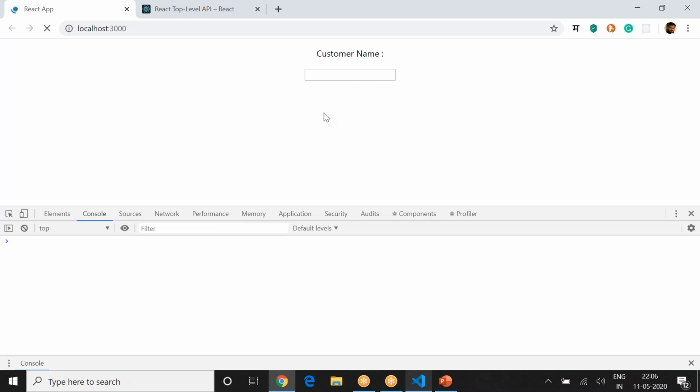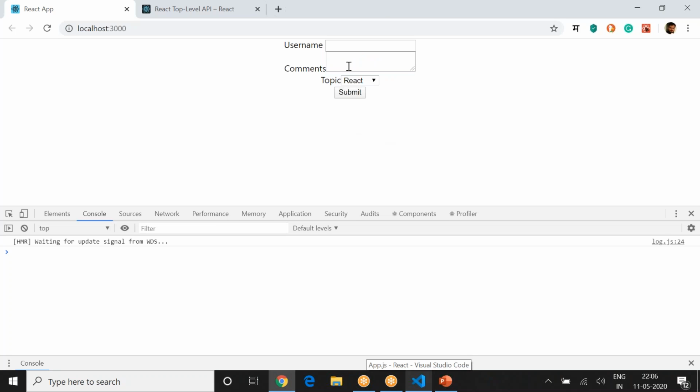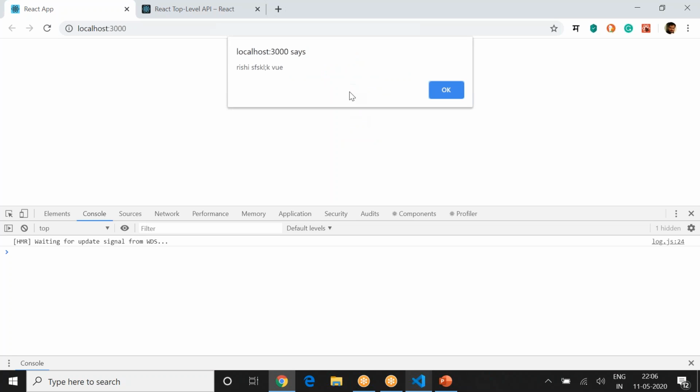Okay, come back on the screen and you should see this. Although you need to have p tags. Should you arrange it properly? That's fine. So, Rishi, some comments here, and I selected Angular or I selected Vue and submit, and I'll get